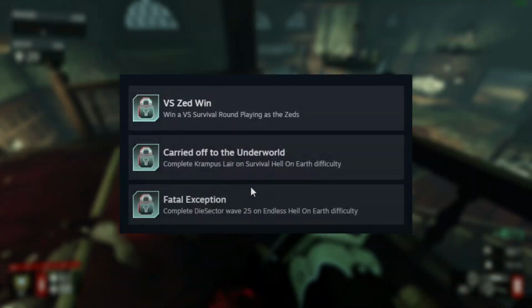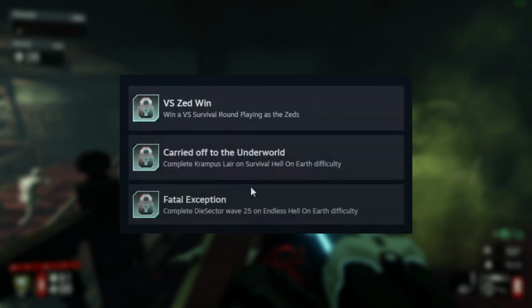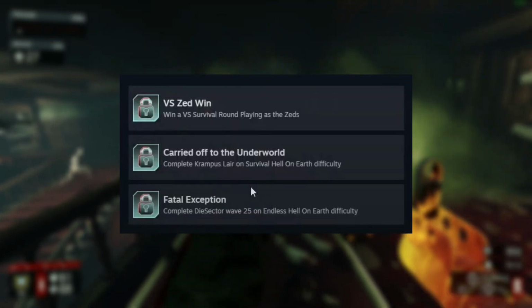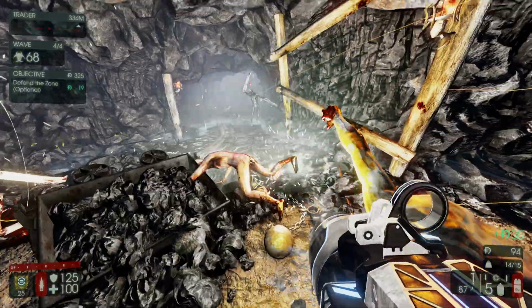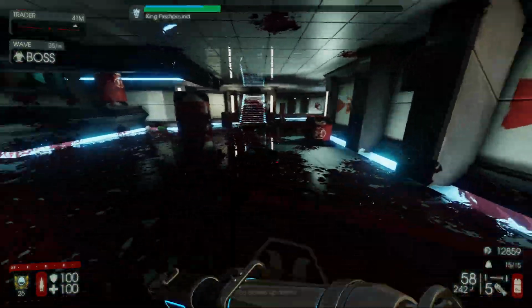It was Krampus Lair, I had to complete Dissector on Endless mode, which, spoiler alert, was another level of hell, especially on Hell on Earth, and of course I needed my versus win with the Zeds. And so I started off easy, basically completed the Krampus Lair on Hell on Earth, although it was a bit more difficult than planned. I did it in the end eventually, but that was nothing compared to the Dissector Hell